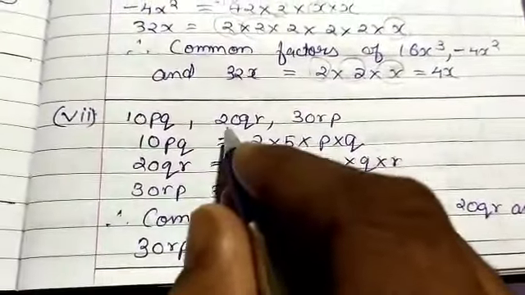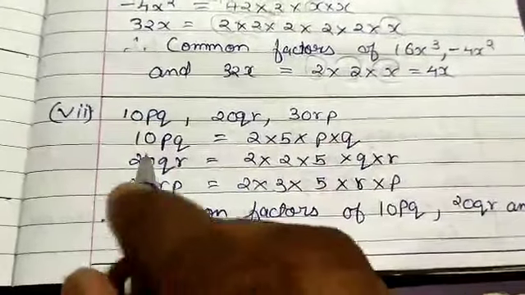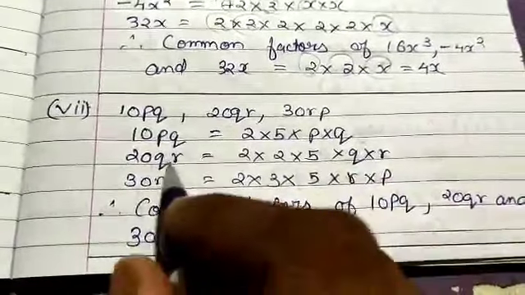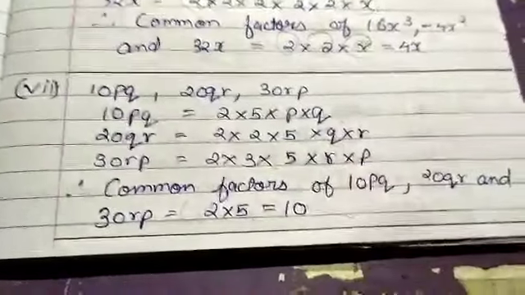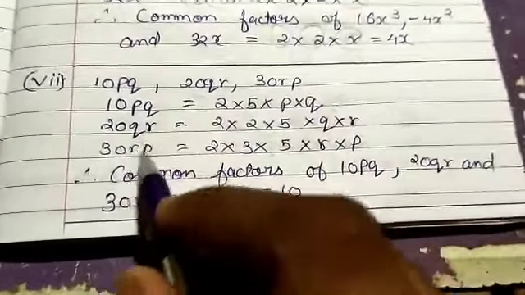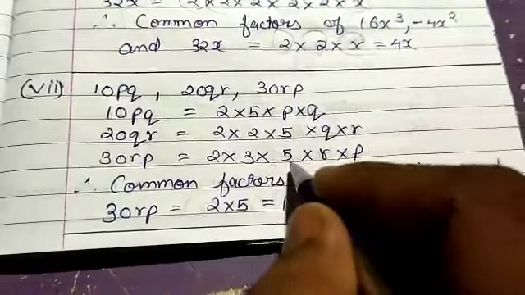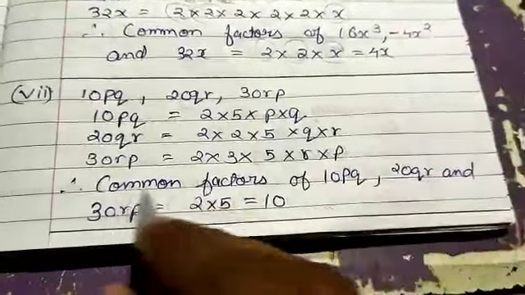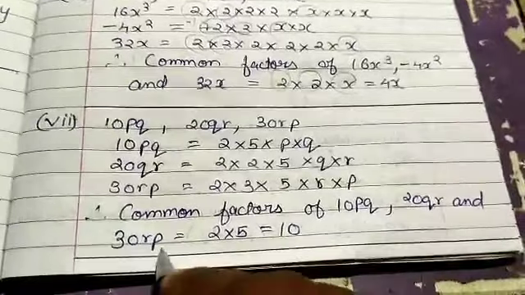Then the next one is 10pq, 20qr, 30rp. First find the factors of 10pq, that is 2 5s are 10 into p into q. Then 20qr, that is 2 2s are 4, 4 5s are 20, 20 into q into r. Then 30rp, that is 2 3s are 6, 6 5s are 30, 30 into r into p. Then the common factor of 10pq and 20qr and 30rp, that is